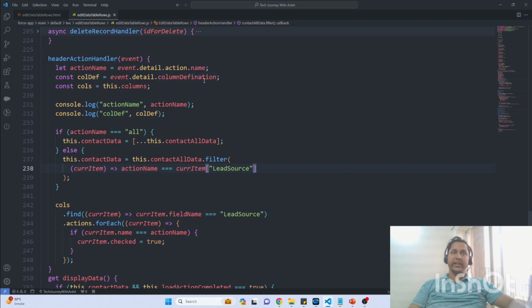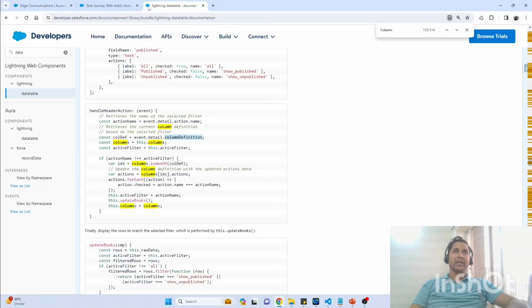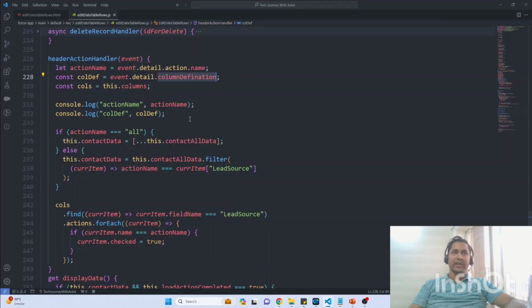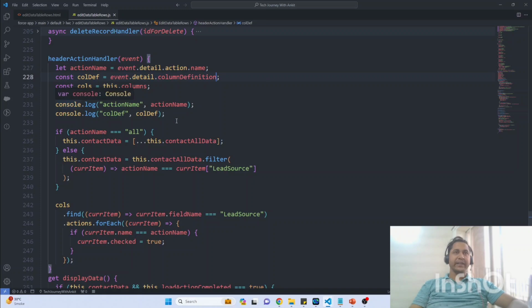Okay, one more thing that I can observe here is, the spelling of the column definition is not correct. So we can quickly refer to the documentation for that spelling. Here I am searching for the column. Okay, this is the spelling, column definition. So here I am changing the spelling here as column definition, right? Next thing here is, I am storing all these columns into the variable. After that I am printing that, so that I can show you what kind of data that we are getting here. Next thing here is, if the action name is all,